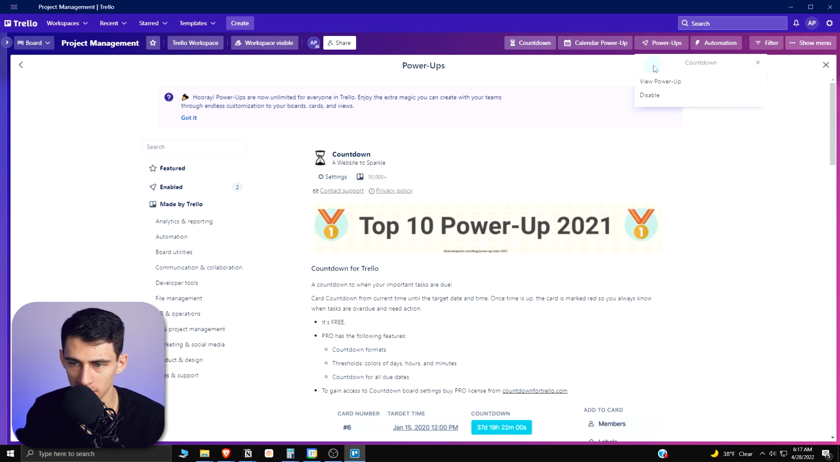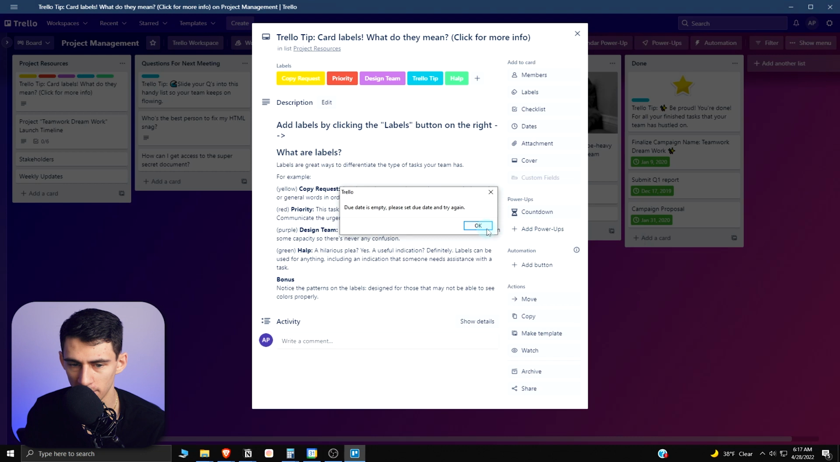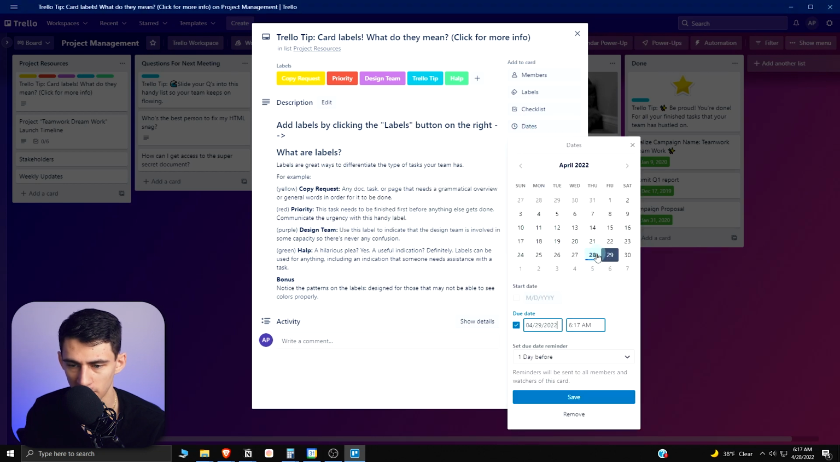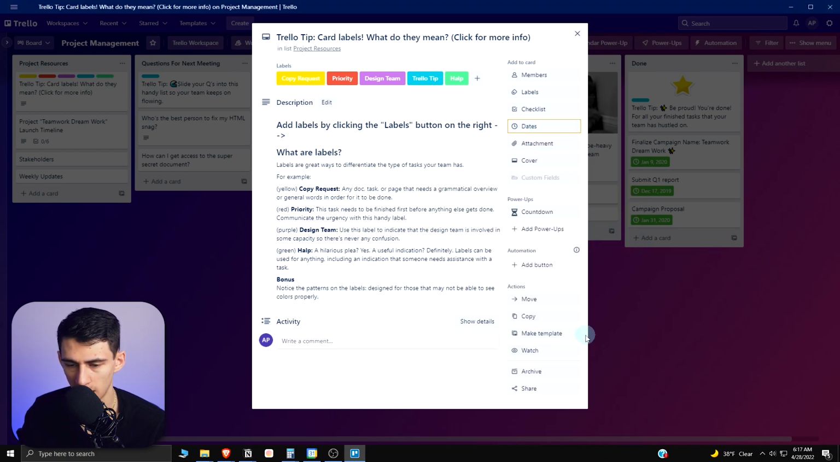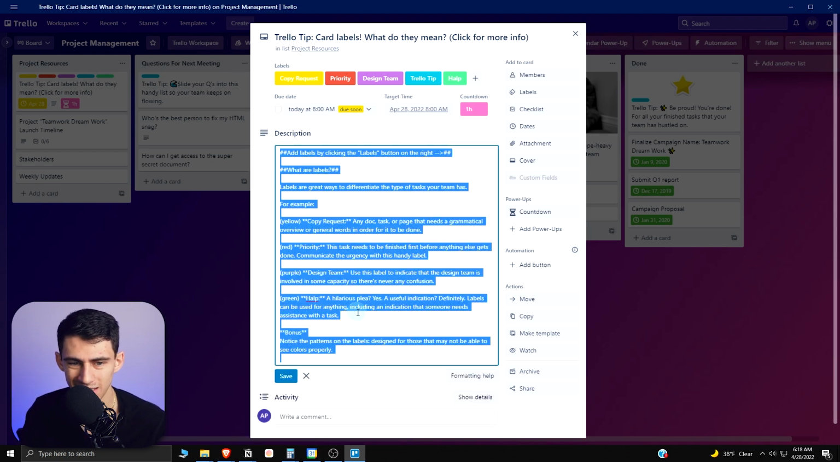So if we then go into the settings for this, we can view the power-up within the application, and we can choose to set it from card due date, set target date and time. So if I set it from due date, I'd have to make a due date. So I'm gonna make the due date today at like 8 a.m. So then if I set it from card due date, you'll see that the countdown has me at about an hour until that goes. So this is an example of power-ups,